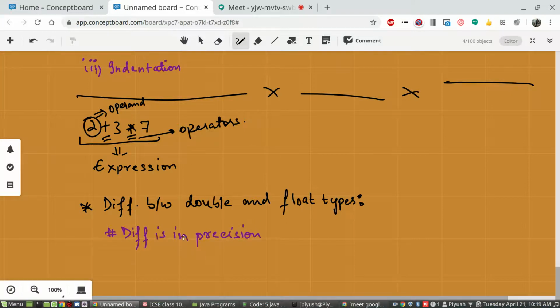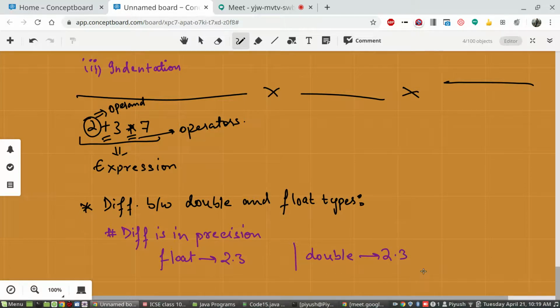So you may think of something like, let's say there is a float value and there you are storing 2.3. Similarly, there is a double value, let's say again containing 2.3.